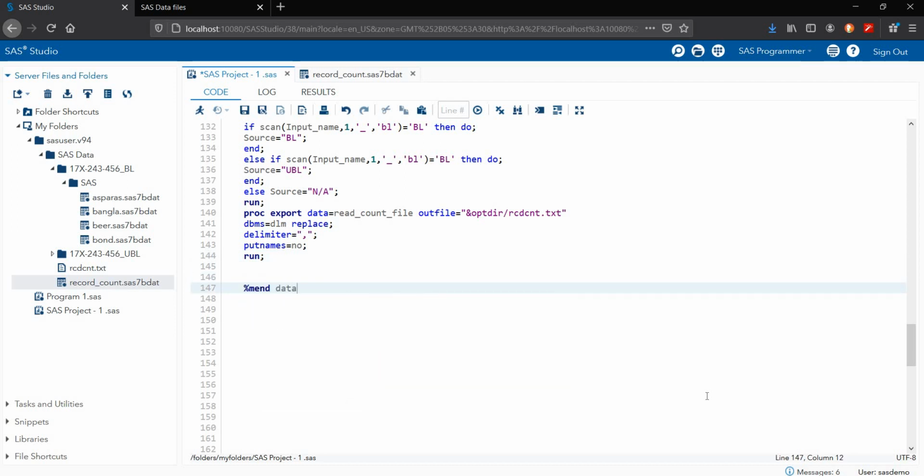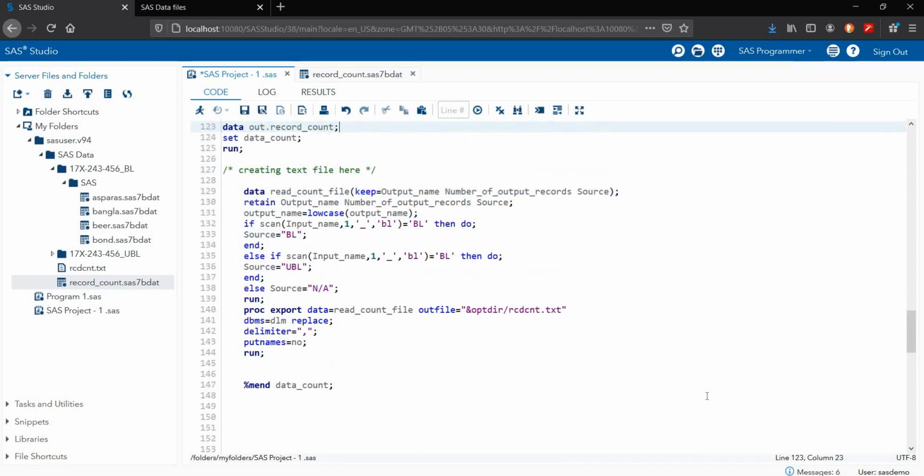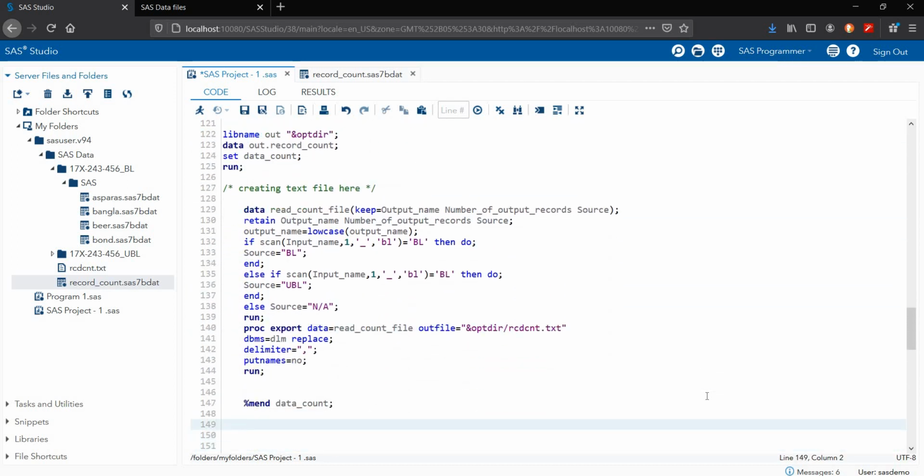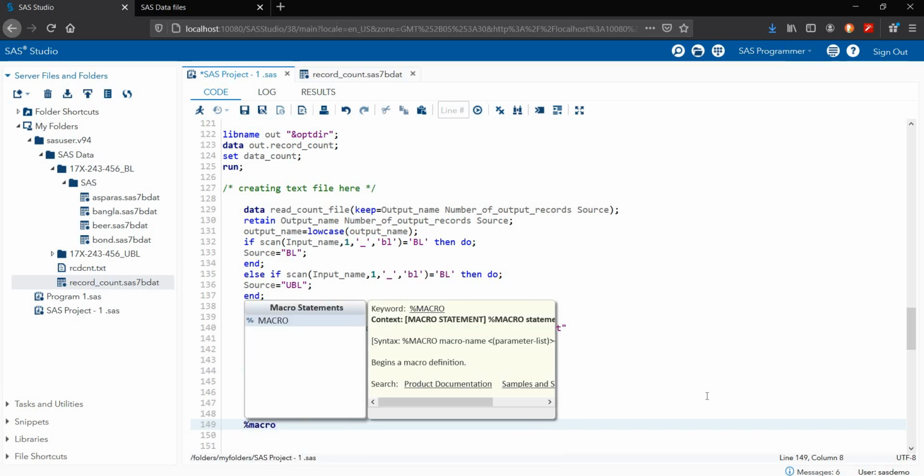data_count, this is my macro name. Macro name I ended here, data_count. In the last, I'm creating one macro here again, %macro.